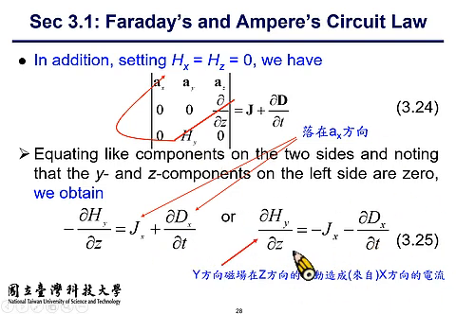It tells you that the Hy variation toward the z direction equals the current in the x direction. So for the curl operator,